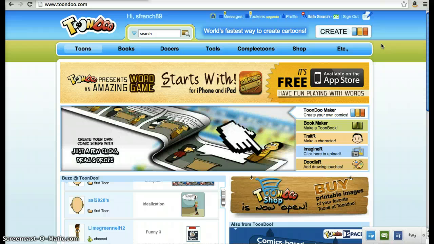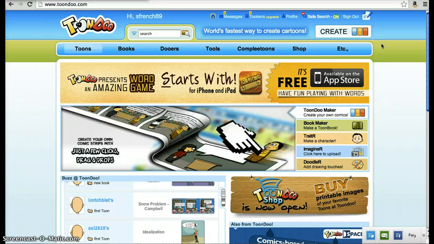Now, it does take an email address, so obviously if you're using this with students, they're going to have an email address or have access to an email address, whether it be a class email address or something. So then after that,